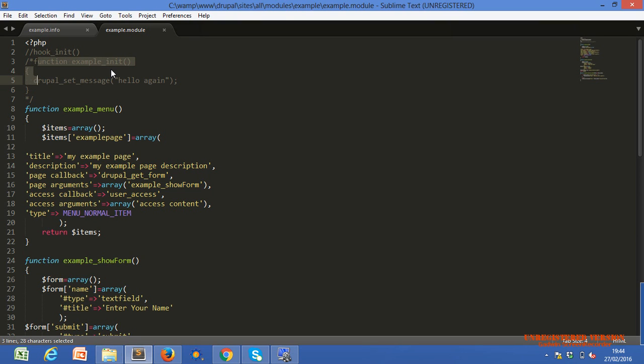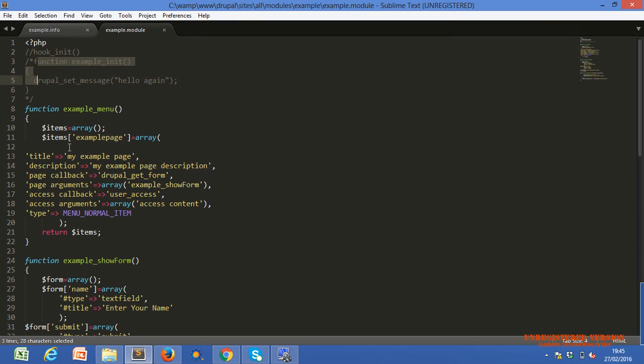Hooks are one kind of functionality that helps to execute other functions. We use hooks for executing module functions whenever any page is initialized, loaded, or any menu has been clicked.